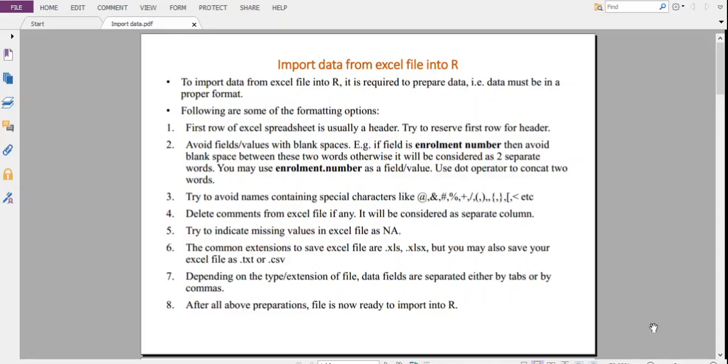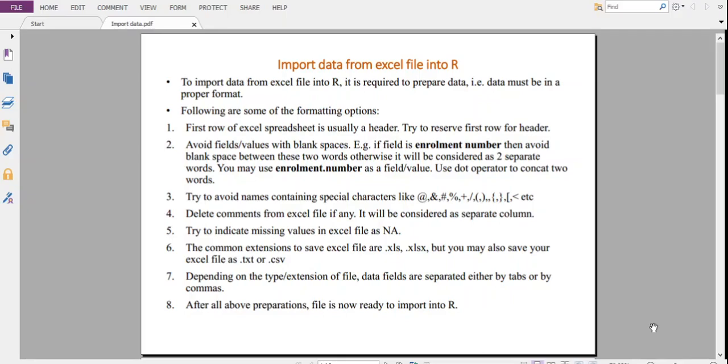We are going to study that also: if we have stored our Excel file by using the .txt or .csv extension, then how to import those files into R. Depending on the type, or we can say extension, of the file, data fields in a file are separated either by tabs or by commas.